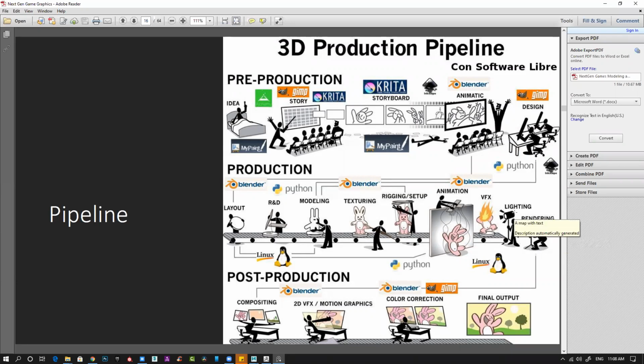So each and every step is a separate person, separate stage, and they have specialized artists for that. Like lighting, rendering is a separate stage altogether. So you don't have to worry about how they're going to light or render, but you need to keep in mind that finally your file is going to transfer to somebody else. So it should be understandable and workable for the other person as well.